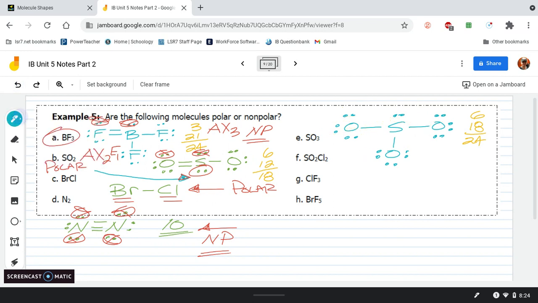So we've done this before. Drop in a double bond, go ahead and wipe out some electrons. And that's going to be 24. So what is that? That is an AX3E0. Just like A, this is going to be